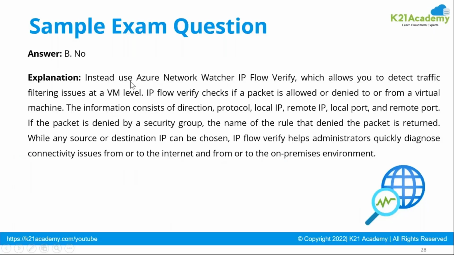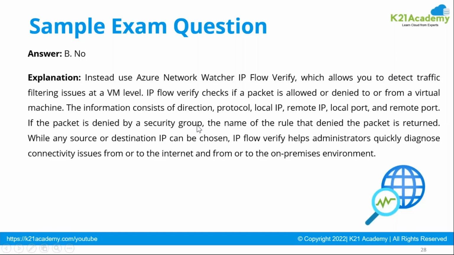So instead, use Network Watcher IP flow verify, which allows you to detect traffic filtering at the VM level. IP flow verify checks if the packet is allowed or denied from the virtual machine. This information consists of the direction, protocol, local IP and remote IP, and the local port as well as the remote port. If the packet is denied by a security group, because there could be a possibility, guys, that the connection is absolutely fine,